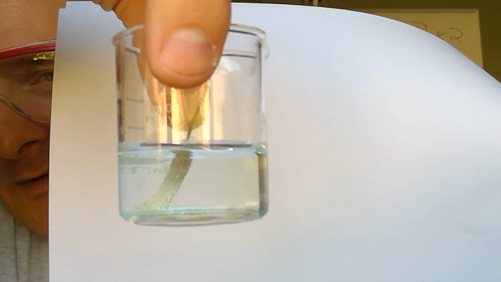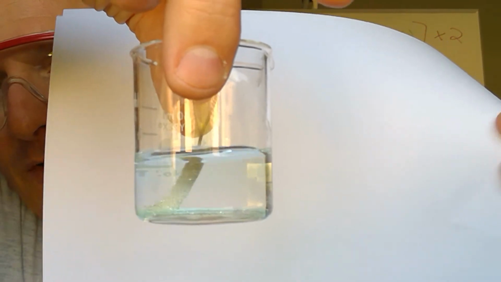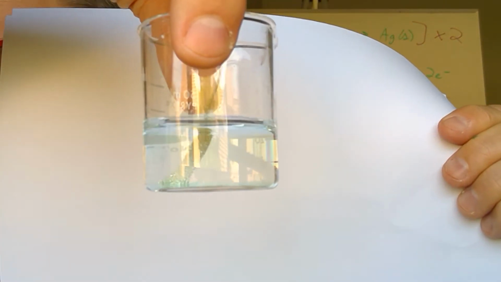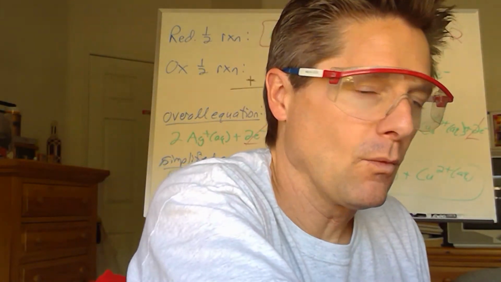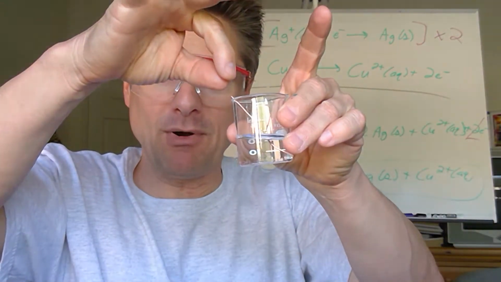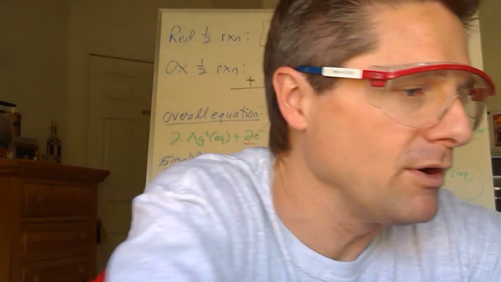And again, hopefully you can see it's starting to turn this little faint blue color from the copper 2+ ions in solution. You can definitely see the silver growing on there. Very cool stuff. But this is useless for us. I can't store electrons in a battery or run a motor off of that. So what I'm going to do now is take the copper and separate it from the solution. Now I'm not going to do the silver one, but what we're going to do now is